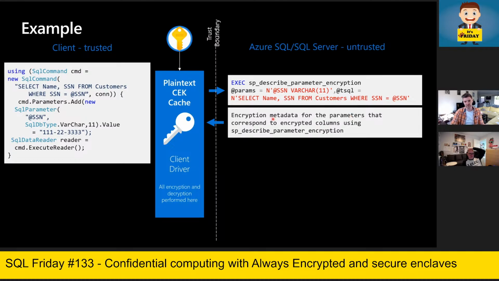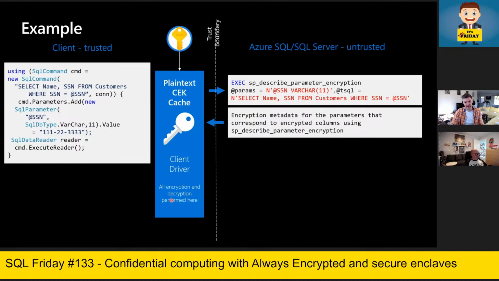So the SQL engine is going to say, yes, social security number is indeed encrypted. It will also provide metadata about the location of the column encryption key and the column master key so that the client driver knows where to fetch the keys, right?